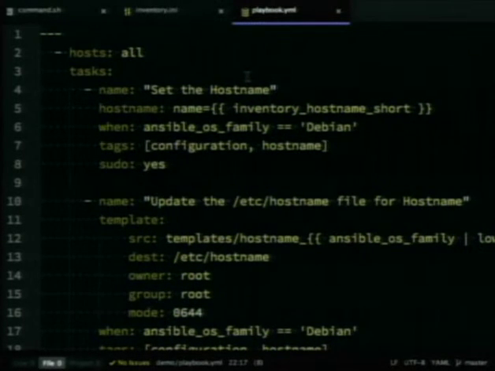Now, when it says source, is it referring to the actual server pushing up to the client, or is the source actually on the client itself? The question was, is the source referring to where we're running Ansible, or to where Ansible is reaching out and configuring? And the answer is, it is on the server. And that's one of the benefits. You can keep all of your templates on the server. You don't have to figure out how to get those files to the clients. It takes care of it. Any other questions while I'm pausing?